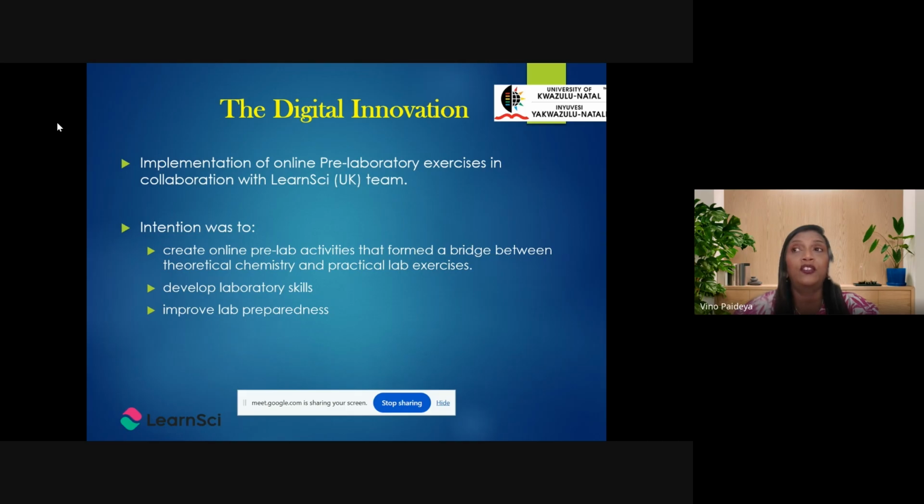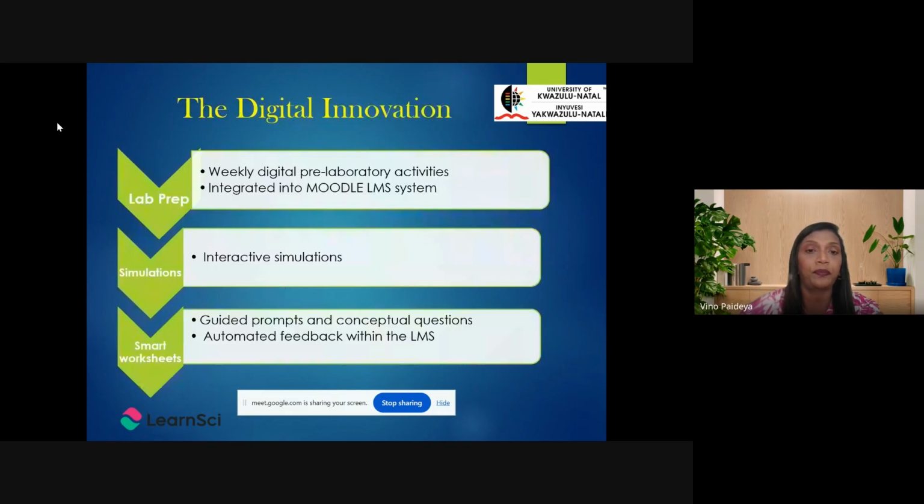There would be some days that students would actually come to the lab without even reading the pre-lab, because they felt that this was such a mammoth task. And also the language. Science is a language on its own, and we are dealing also with many second language learners. So just merely reading a lab exercise, which we would think is a very simple thing to do, seemed to be a mammoth task for them.